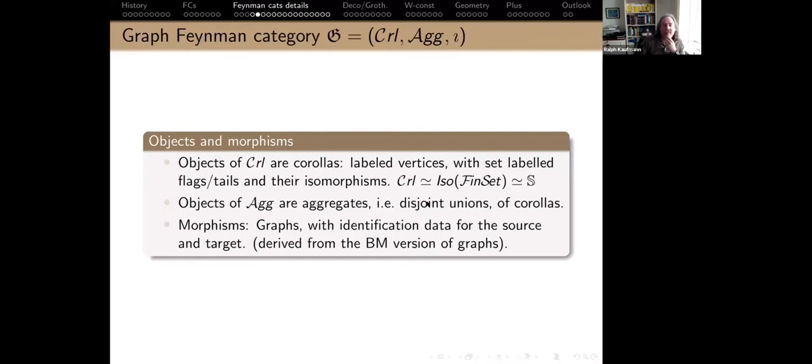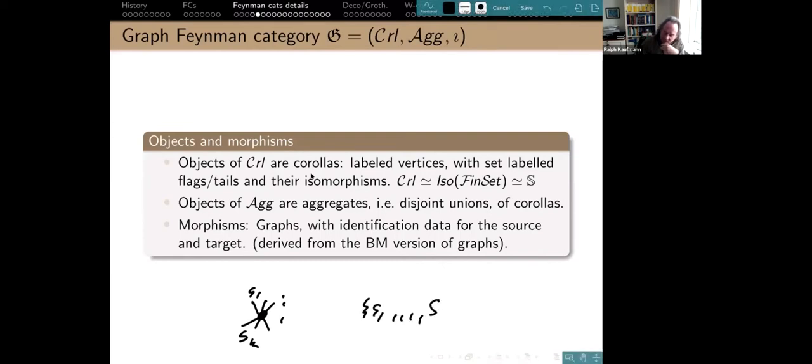So to taming the zoo, the point is the objects of these things are just corollas. That's just a one-vertex thing, and then I have stuff sticking out. So S1 to Sk, whatever, I don't have to order it. So this is just the set S. This is sometimes just called star S. And you can see that the set of these corollas is just finite sets, because that's a finite set. And the isomorphisms, I'm not making this up. One of the things which was great about the Borisov-Manin paper is they gave a nice version of graphs which does exactly what it's supposed to do and lets you keep track of everything.